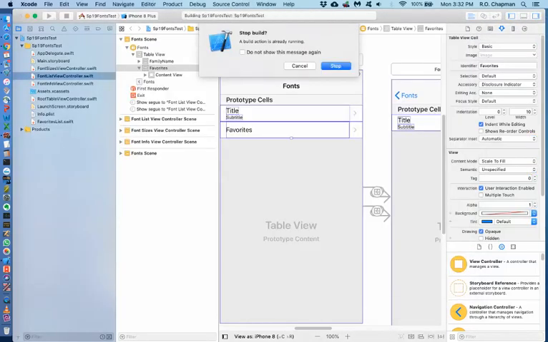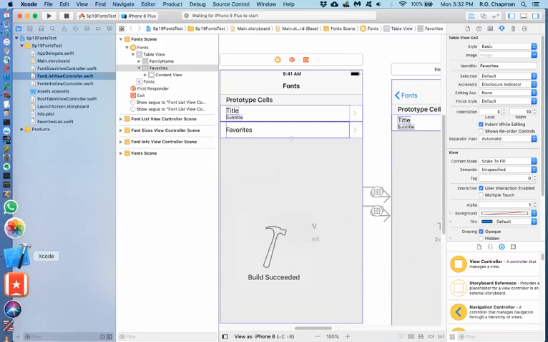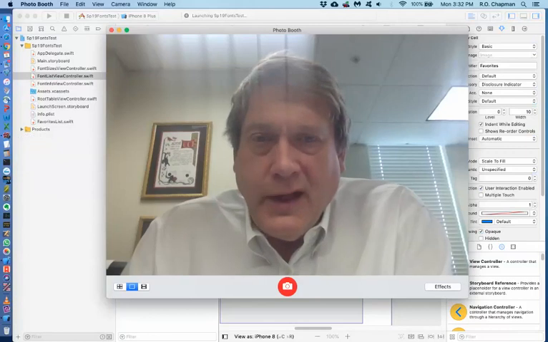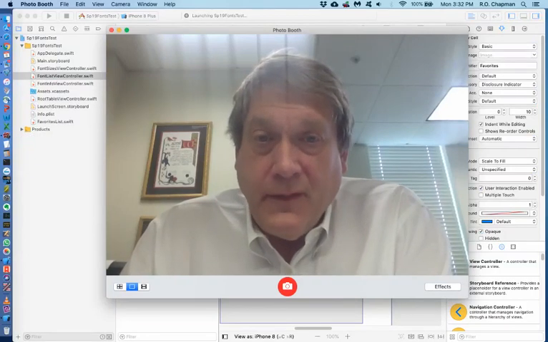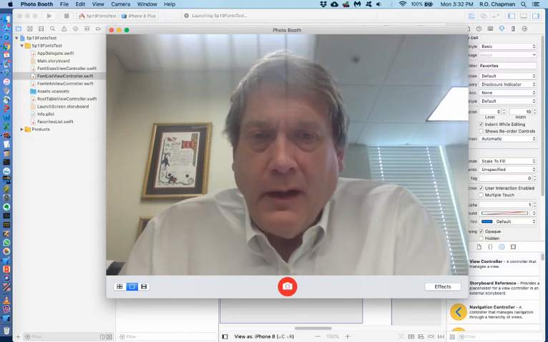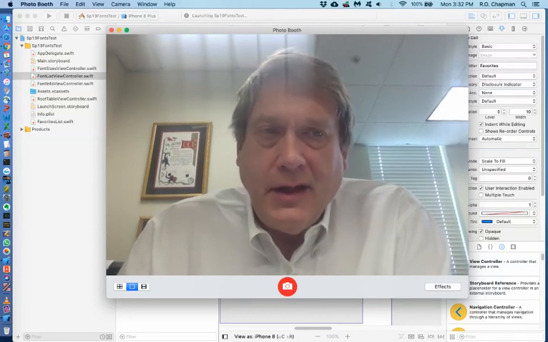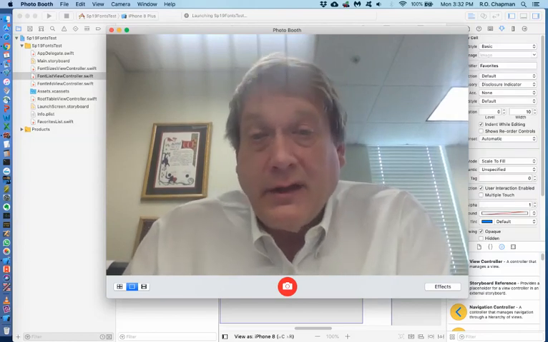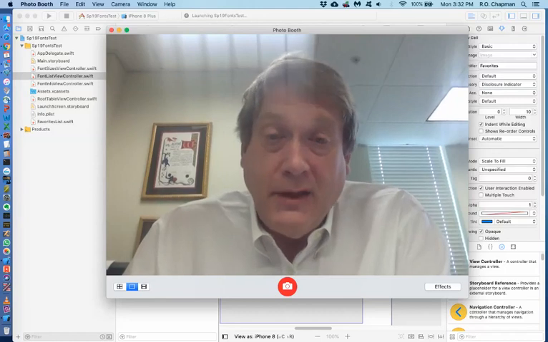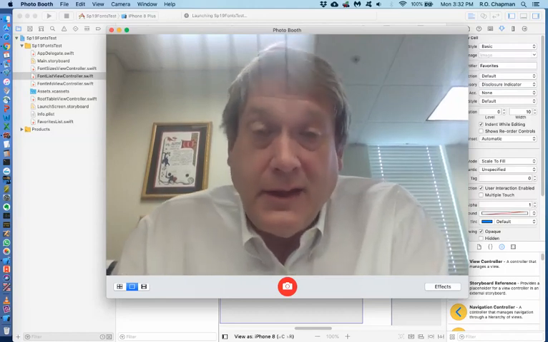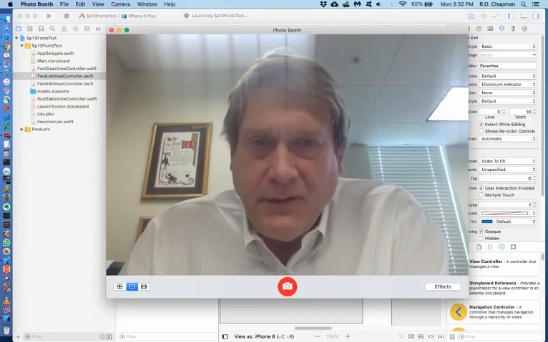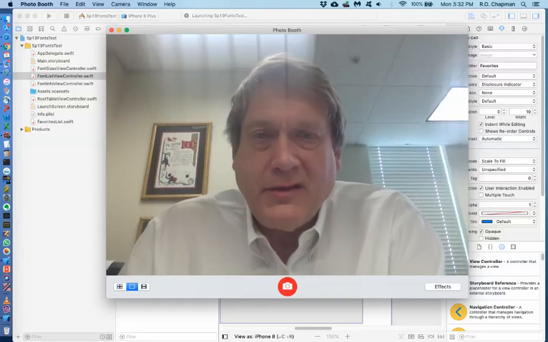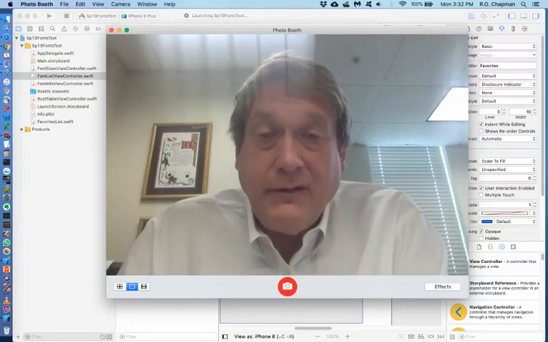So first of all, let me demo this. We're going to use as an example an application in which we explore the available fonts on an iOS device, and we're going to look at the fonts as a list of font families. Then we're going to look at the individual fonts within a font family, and then from there we can look at an individual font in a given size, and we'll keep a list of our favorite fonts, which we can then edit. We haven't talked about editing the items in a list view, but it's almost no code at all to add editing features to